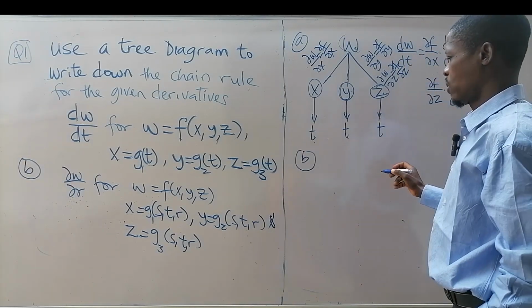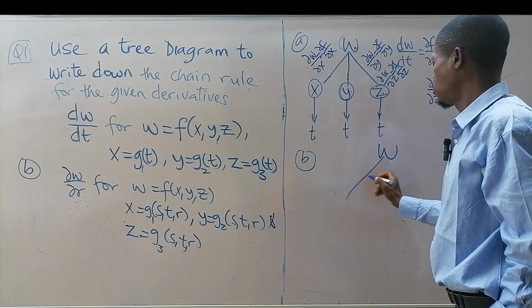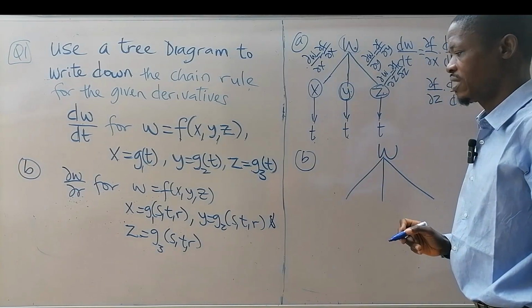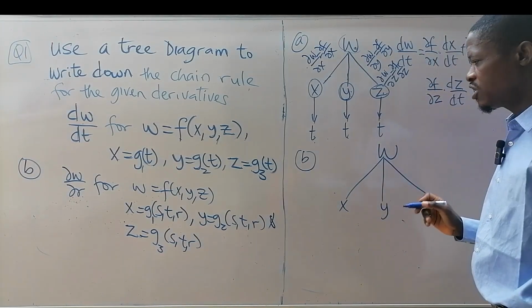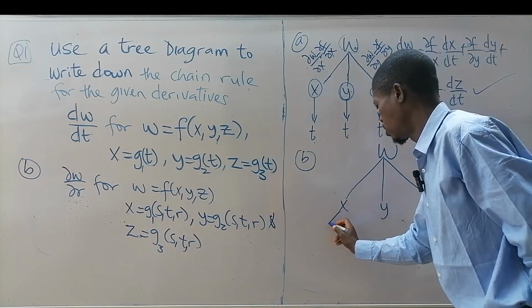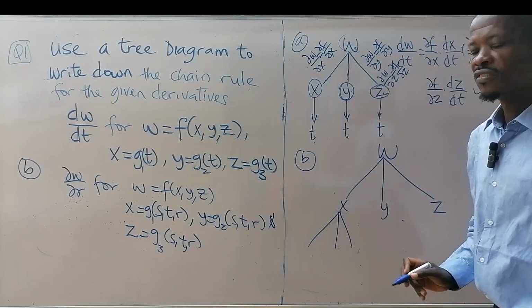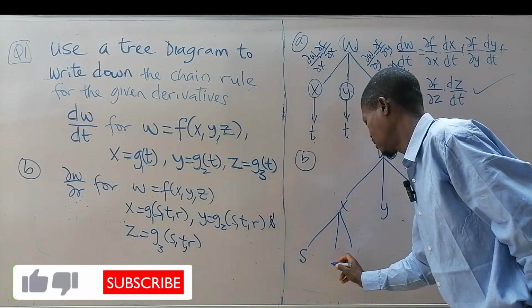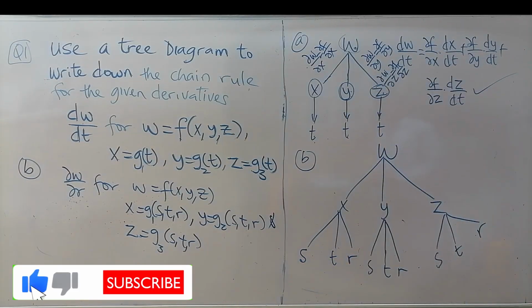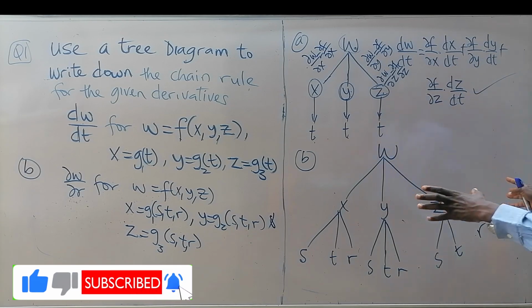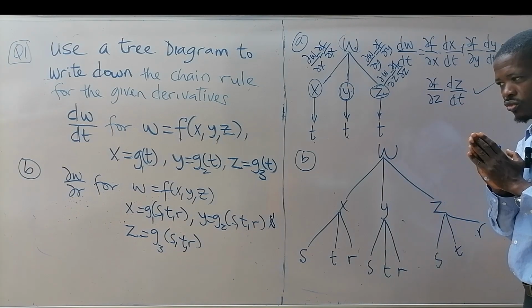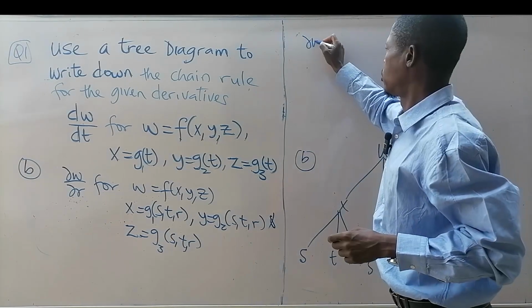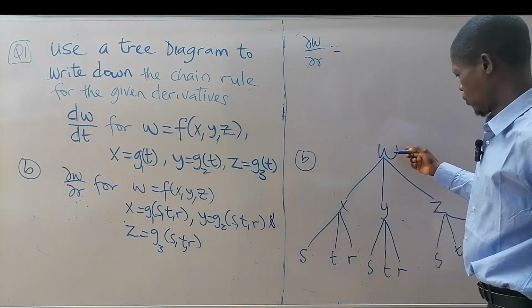But we have w as a function of three different variables, and these are the variables. And each of those variables are also functions of what? Three different variables: s, t, r. So let's get the equation. We just need one, because if you want to get all the equations, it will be too much. So we're just told to find del w, del r. Del w, del r will be equal to, we're going to get here